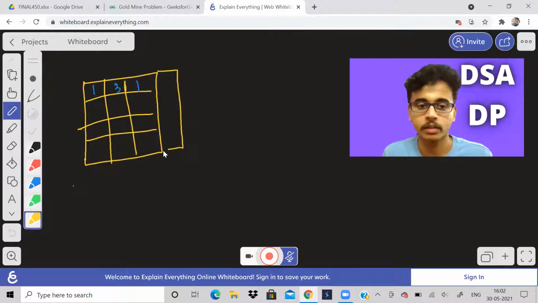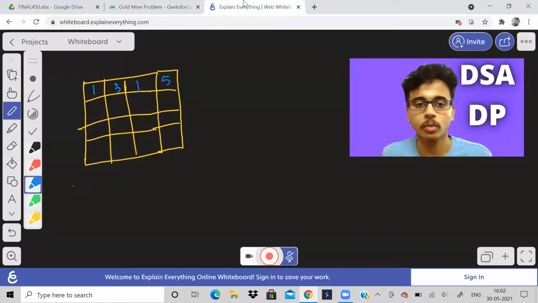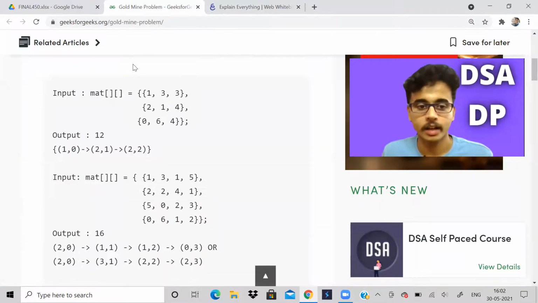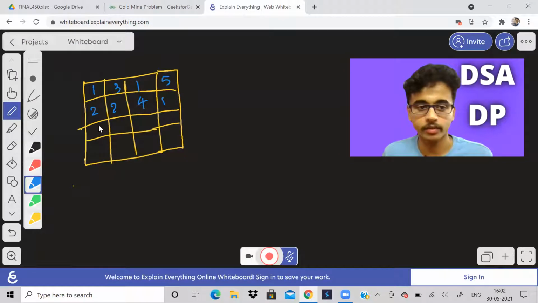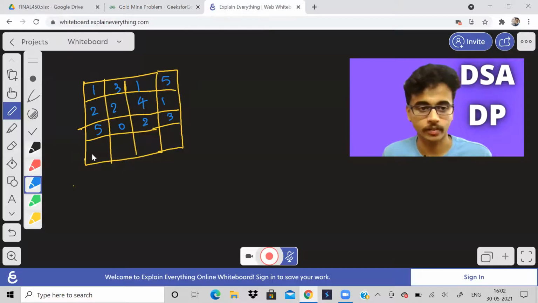I need one more column. So 1, 3, 5, then 2, 2, 4, 1, then 5, 0, 2, 3, and 0, 6, 1, 2. Okay, so this is our input matrix. This is the gold mine.